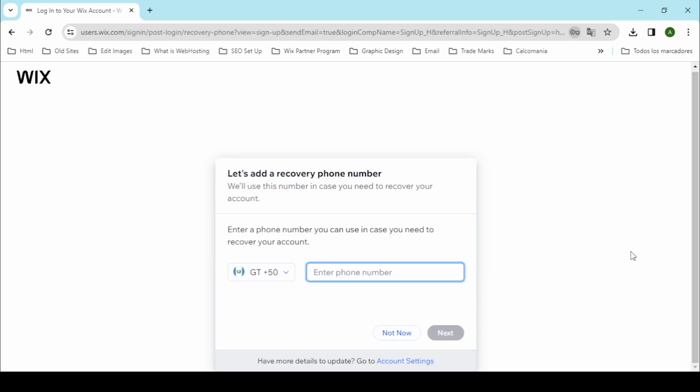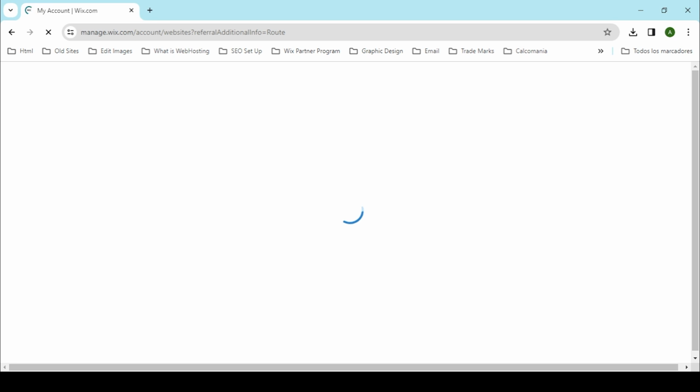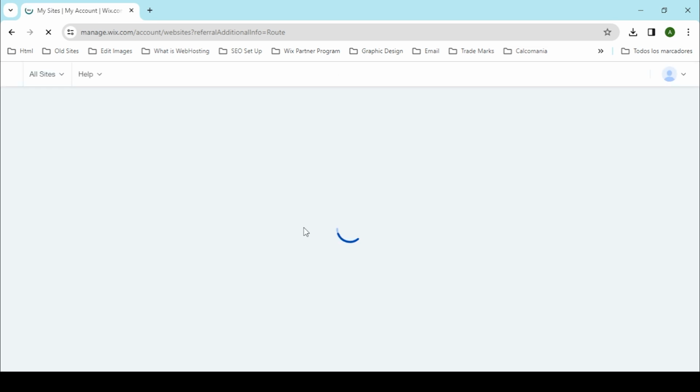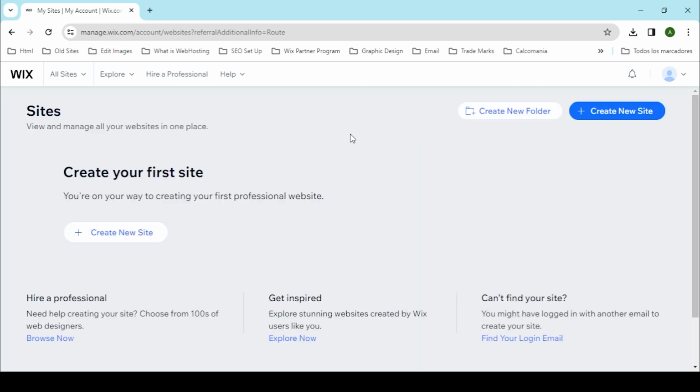All right. It's going to ask you to add like a recovery phone number. You don't need that right now because I'm just doing a quick walkthrough of this. Click on that now. And see it load, and you're gonna get like this little nice